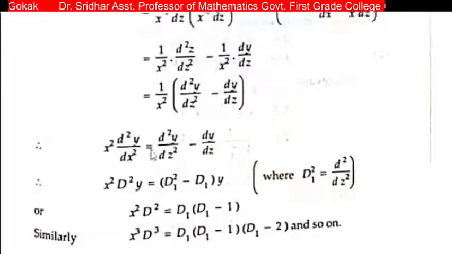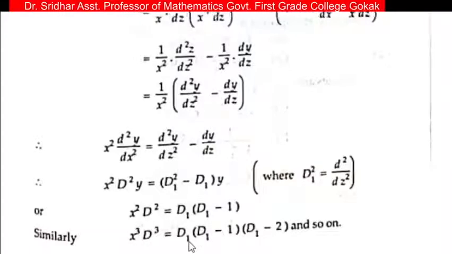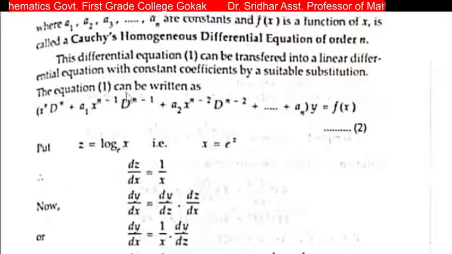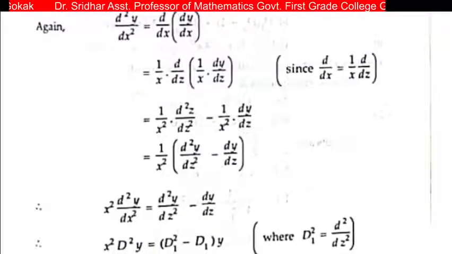Similarly, applying the same technique, we get x cube D cube equal to D1 into D1 minus 1 into D1 minus 2, and so on. Like that we obtain all the derivatives. Substituting all these derivatives in this equation: x into capital D is equal to D1, x square into D square is this one, and x cube into D cube is this one, and we substitute all these in this equation and simplify that, some terms will be